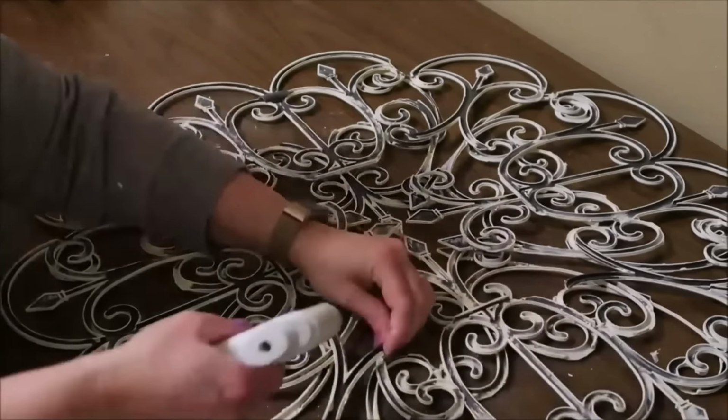I do recommend going over this with a very light coat of paint at first because the design is just paper. If you get it too wet, it will kind of start to wrinkle or bubble. So just do a light coat at first and let that dry completely before you do a second or third coat. And I think I did have to do about 4, maybe even 5 coats to cover some of the